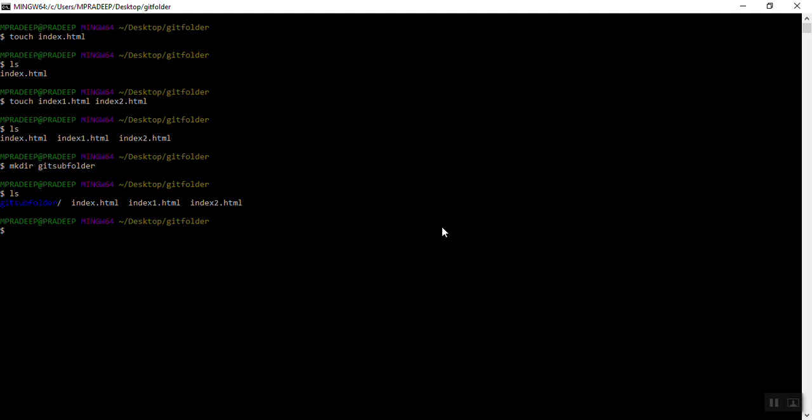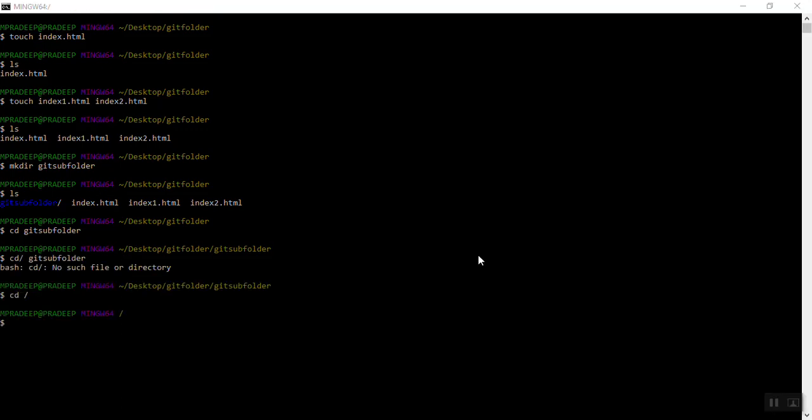If you want to navigate to the git subfolder, use change directory, cd git subfolder, and you see you are inside desktop, git folder and git subfolder. If you want to exit out of this folder, you can use cd /